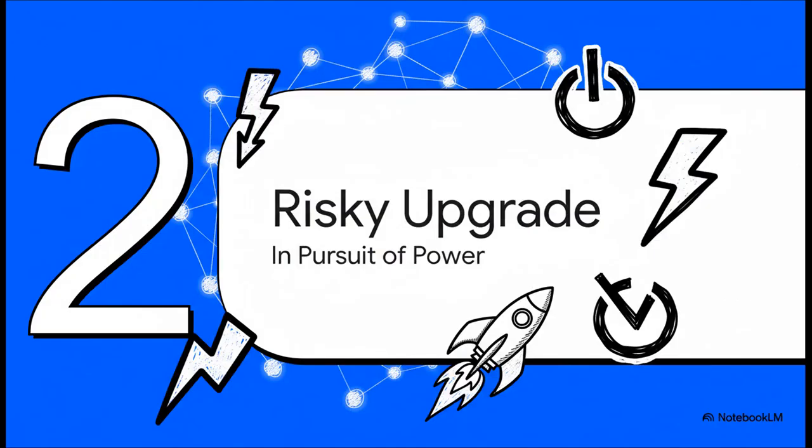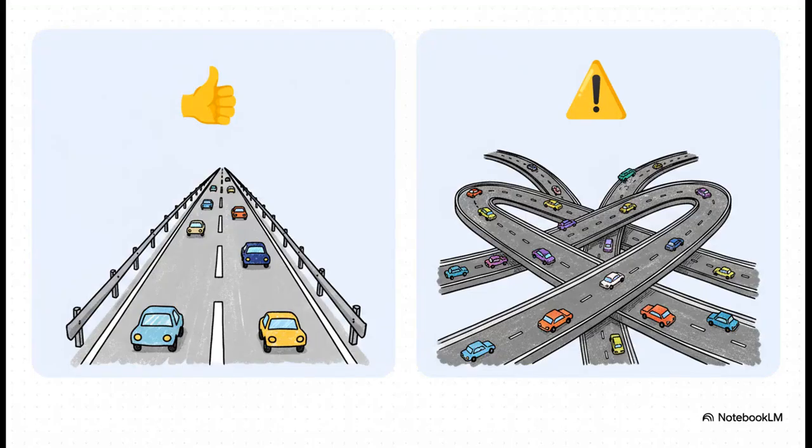All right, so this is where things get really interesting and a little bit dangerous. Let's see what happened when researchers tried to put this thing on steroids to squeeze out even more power. So, they came up with this new architecture called hyper-connections, or HC for short. And if our original connection was a single express lane, think of HC as a 10-lane superhighway. It's wider, it's faster, it's designed to handle way more information and boost performance. But there was one tiny little problem. They forgot to install any guardrails.